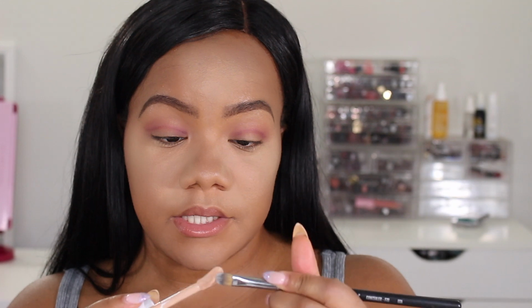I'm gonna take the Mega Conceal, the concealer that we used underneath the eyes. I'm going to take that and I'm just gonna put a little dab on this flat shader brush. This is the Sigma Concealer F70 brush,